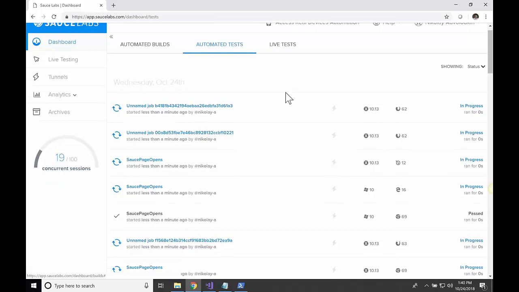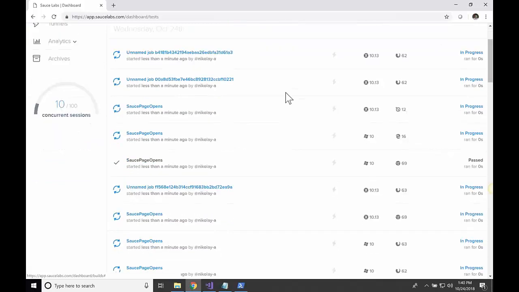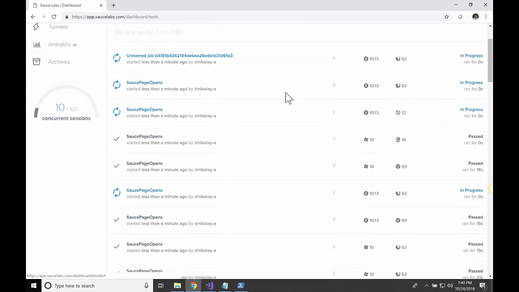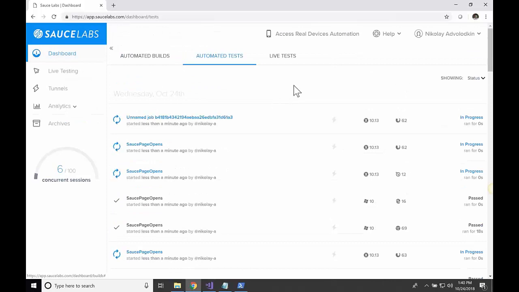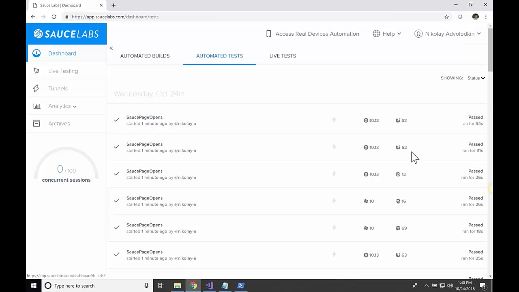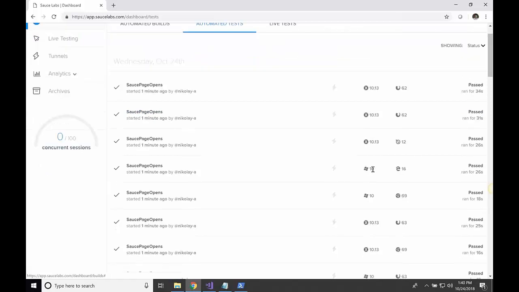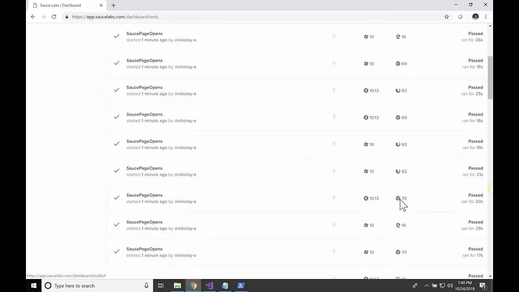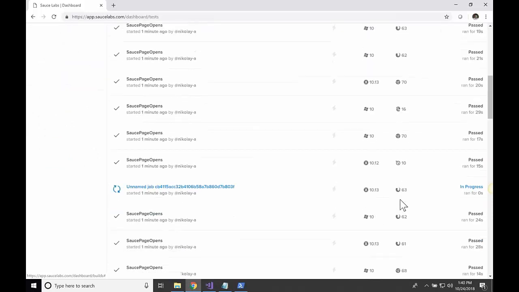And so you can see that I have a bunch of tests that are now being executed. It's very cool to see because these are cross-browser tests. This is a single test making sure that the Sauce Labs page opens up on different environments. Here you can see it's running on Mac and Firefox. Here it's running on Mac and Safari. We're using different Windows versions. Right here's Windows 10 and Edge, Windows 10 and Chrome, and so on and so forth. You can see all of these tests being executed here.